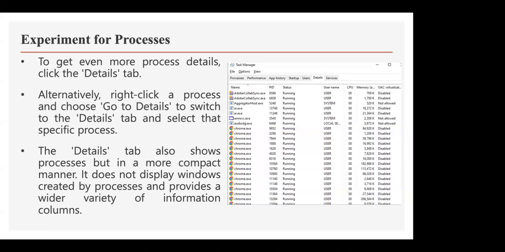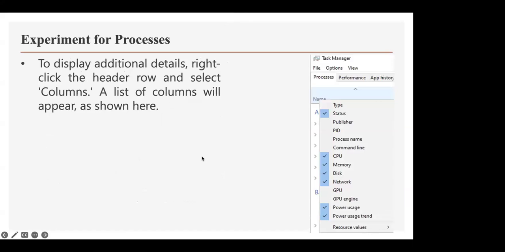Okay, so the Details tab always shows processes, but in a more compact manner. It does not display windows created by the process and provides a wider variety of information. Okay, so thank you. And you could also just click on the header row,